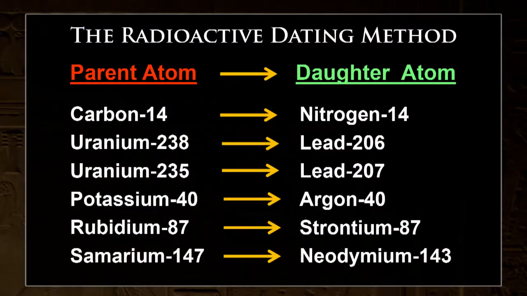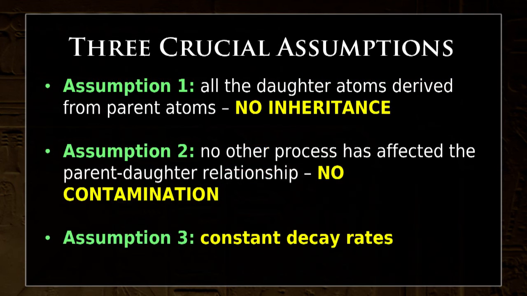Now, Dr. Snelling, you were talking in the first segment just about the basic principles involved, the assumptions, like the uranium to lead dating method, for example, and there are many others. Let's reiterate those assumptions again for the audience, just to solidify that in their mind, please. A parent atom like potassium decays to a daughter atom like argon. And we have to assume there's been a constant rate of decay in the past as measured today. We have to assume we know the starting conditions. So, for example, there was only potassium in the rock to begin with and no argon. And then we have to assume that there's been no contamination through all the millions of years.